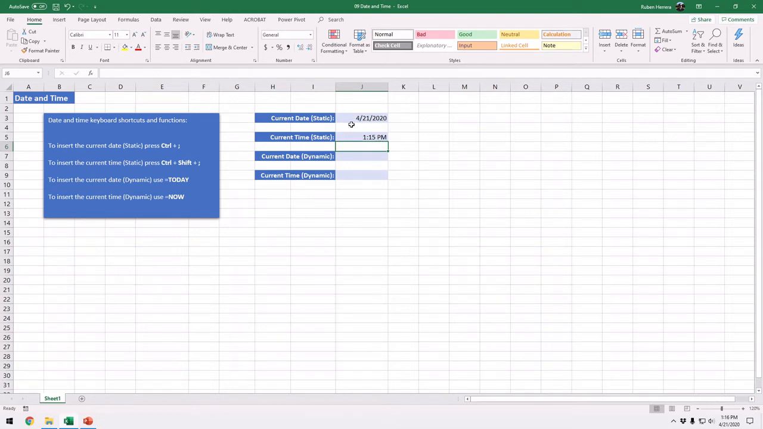Now, however, if for some reason you would like your date and time to automatically update every time you open that report, then we have to use some Excel functions, and I put those functions right here for you. Okay, so right here for that date function, I'm going to do equals TODAY. The TODAY function does not require any arguments, so it's just open parenthesis, close parenthesis,